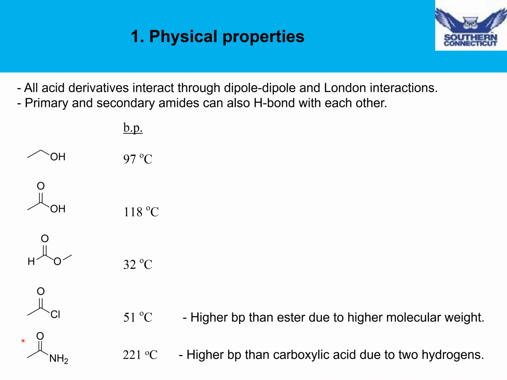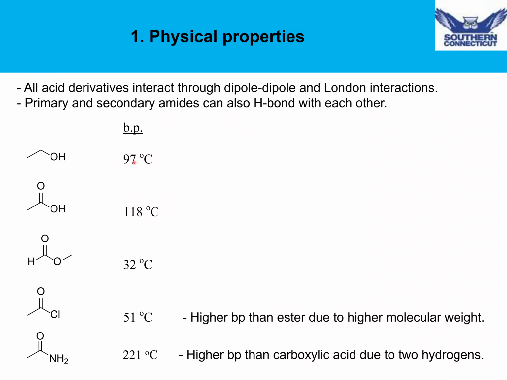A primary amide, such as acetamide, has a very high boiling point of 221 degrees Celsius. This is because it's able to hydrogen bond. In the case of a primary amide, it can actually form more hydrogen bonds compared to a carboxylic acid. So that explains why a primary amide would generally have a higher boiling point than a carboxylic acid